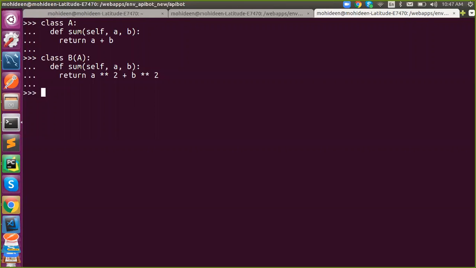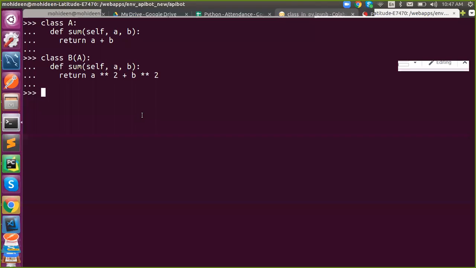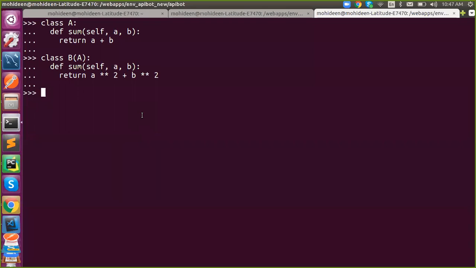Okay, and how to execute this? How should I execute this? A dot sum, B dot sum.